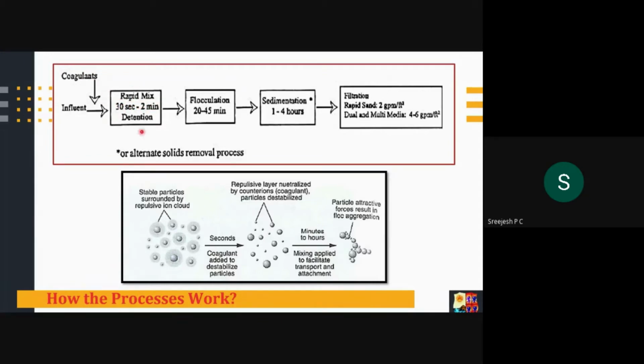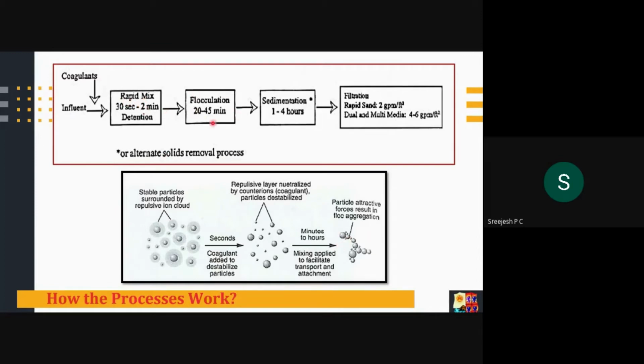So this tank, we can call it the coagulation tank. In the coagulation tank, you are doing the coagulation process. What will be forming during the coagulation? You can see in this image, the repulsive forces are being neutralized and they will form a small floc. The floc aggregation will take place. What will you name this floc? Microfloc. Exactly. So the microfloc formation will take place.